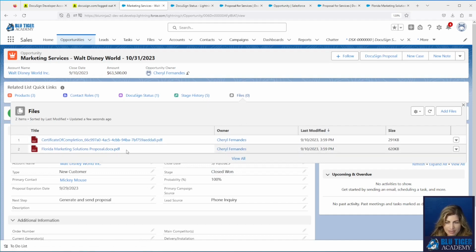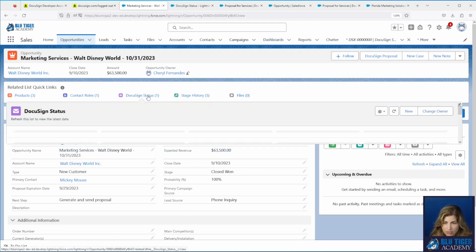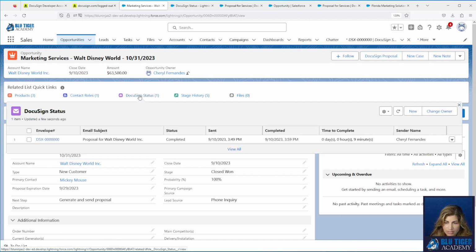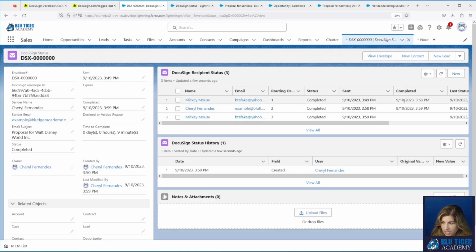Okay, we can see that we've got some weirdness in our file naming, and I'll show you where you can fix that. We need to fix that, but then our certificate of completion is coming in just fine. So this is exactly what it'll look like. And then underneath your DocuSign status record, you'll be able to go and look at the different recipients and what time they completed everything.